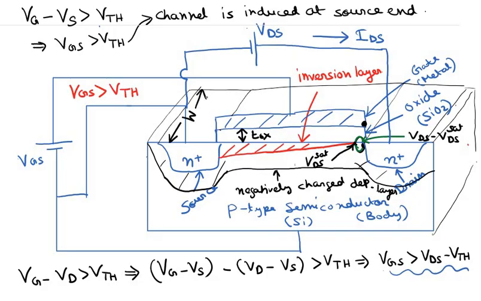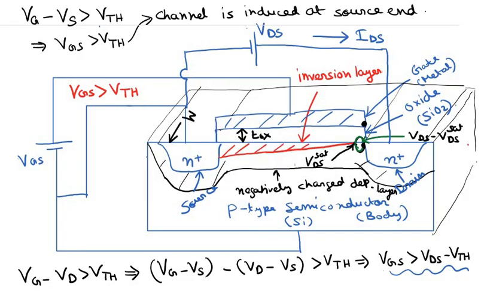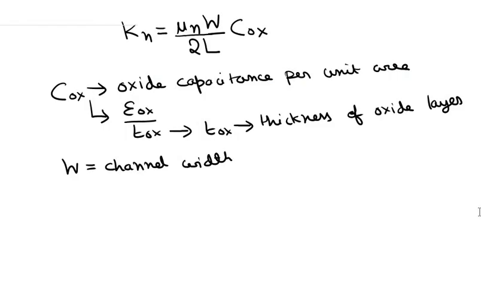Okay, and it is obvious that if we increase the width of the channel, or the width of the MOSFET, of course the current is going to increase because the number of electrons in the channel basically increase. The density of electrons in the channel remains the same, but if we increase the width, the number of electrons in the channel would increase, and so the conductance of the channel would basically increase. Okay, so this is our width of the channel, and L is basically channel length,